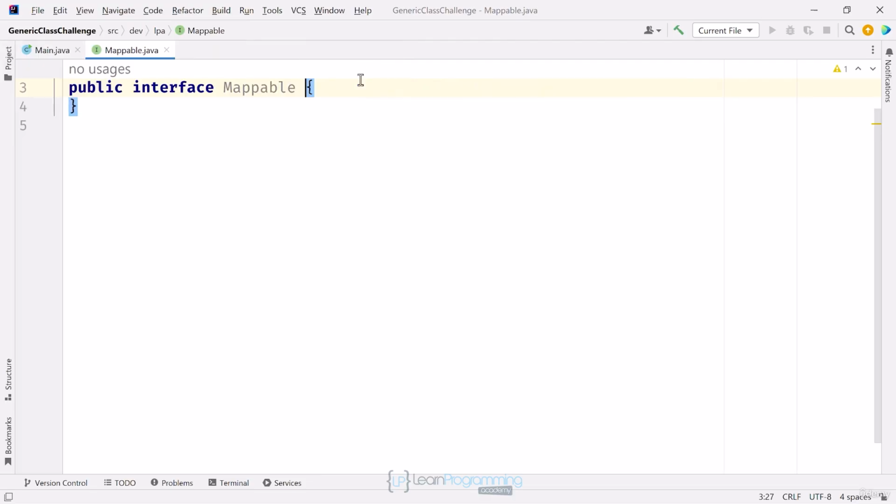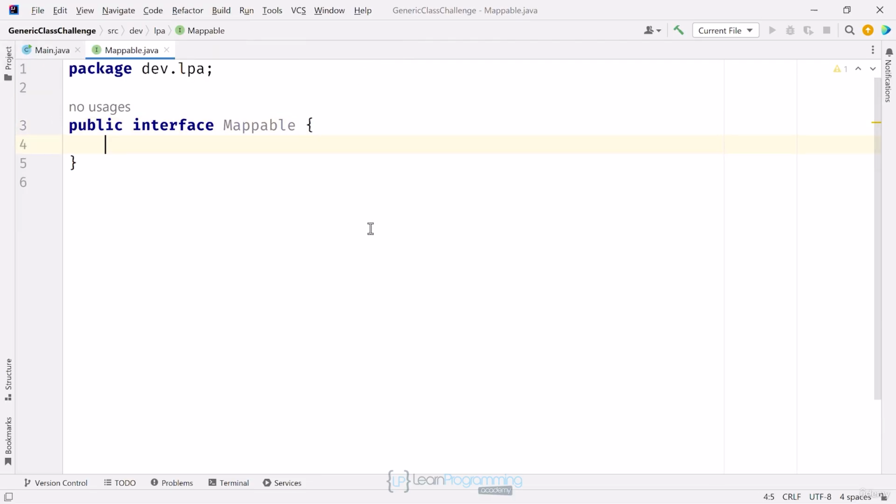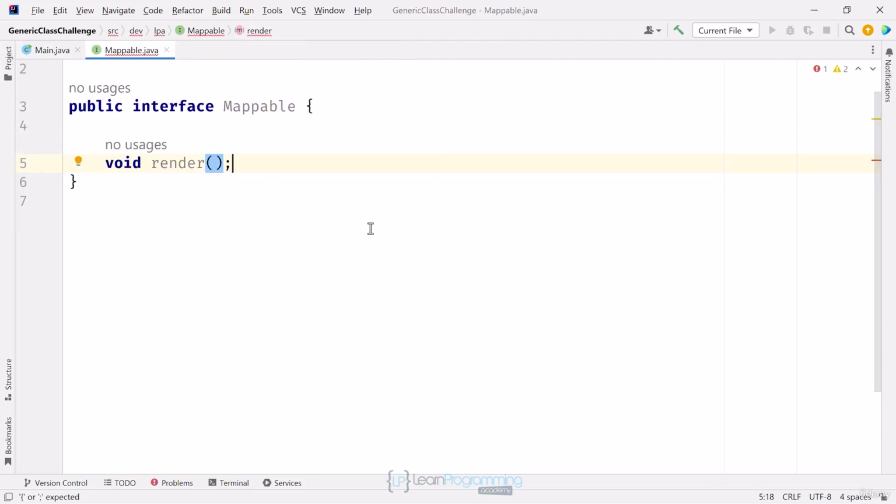And I want to add one abstract method, void render. I also said I wanted a static method on this interface. Remember that JDK8 gave us static methods on interfaces, both public and private. If you don't specify an access modifier, it's public by default. Static double array string toLatLon